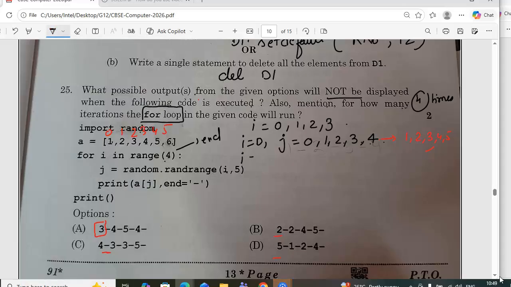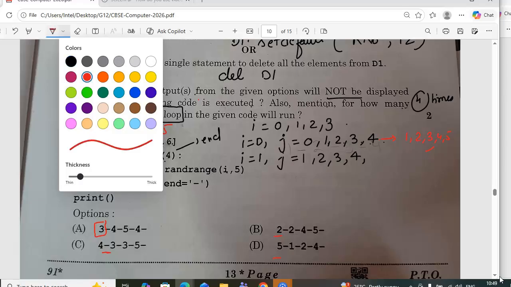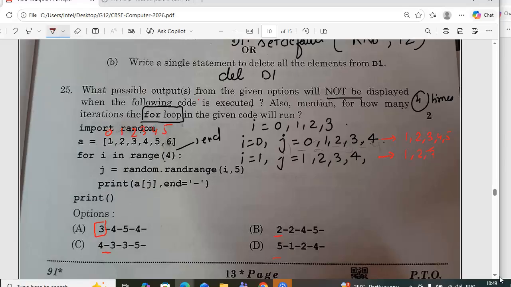Now we have to use the elimination method on the random module function. So i equal to 1. Now j will start from 1, so 1, 2, 3, 4. These are the positions, so the values are from 2. Position 1 is element 2, so the values are 2, 3, 4 and 5.